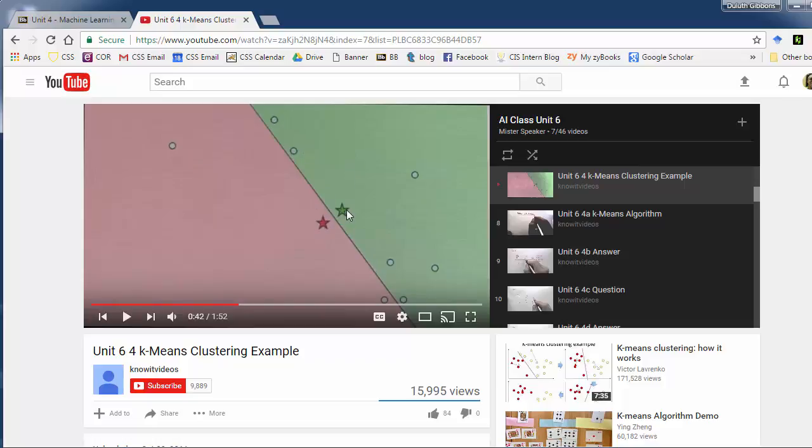So again, we randomly pick these two clusters. He just happened to choose clusters that are relatively close to each other. And then we just divide them up. So this point is closer to this one than to this one. This point is closer to here than to here, and this one is closer to here than here. And so he's just drawn this visually, showing that all these are in the red cluster and all these are